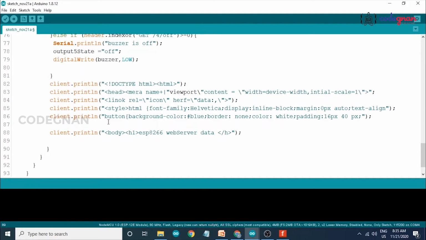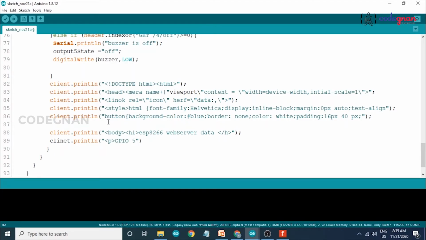And now we have to state our pin, so that client.print or println p, GPIO.